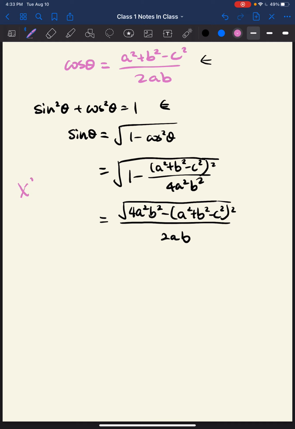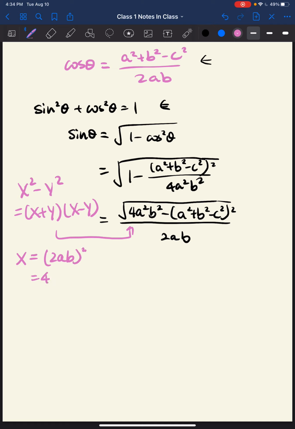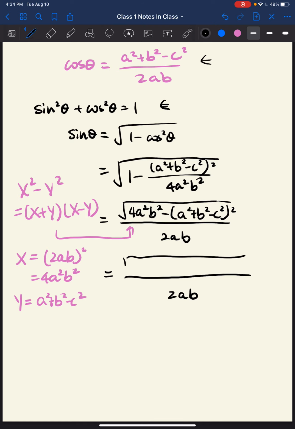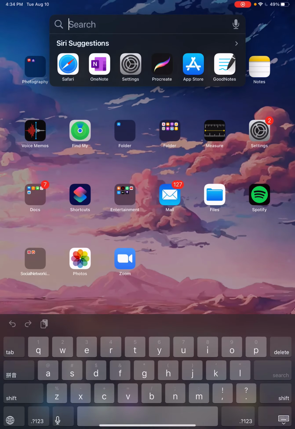Hopefully, you know this formula: x squared minus y squared equals x plus y times x minus y. So if we plug this in, we can see that x is 2ab, and x squared is 4a squared b squared, and y is obviously a squared plus b squared minus c squared. Therefore, with this formula, sine theta could be written as 2ab, square root of,